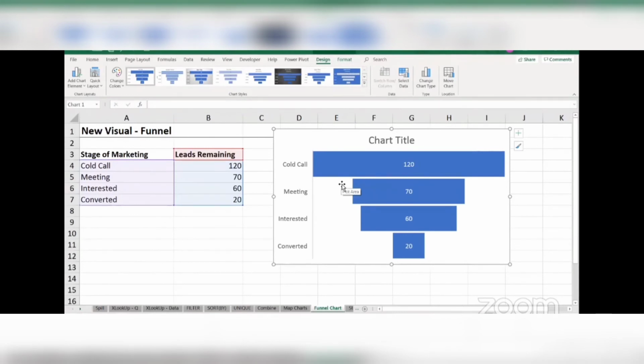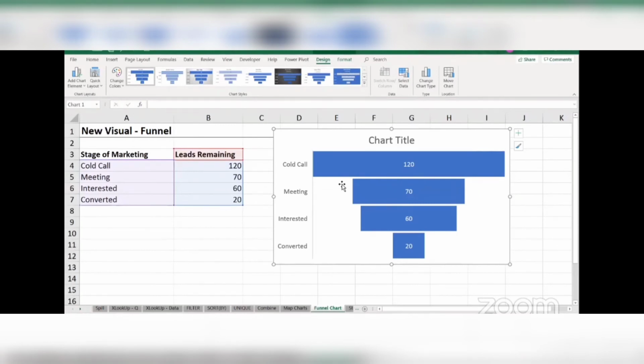So maybe we can have better cold calling scripts, or maybe we can have better people making the cold calls, or maybe we can just try some other strategy, right? All these things are possible, but how do we understand that that is the problem? By using a funnel chart. So this is basically how you use a funnel chart. It is used to understand the flow of a particular process and understand the leakages that might be happening in the entire flow. This is basically the concept behind a funnel chart.